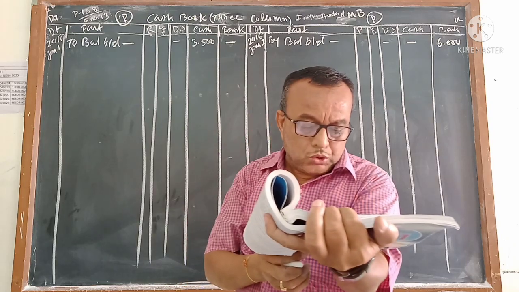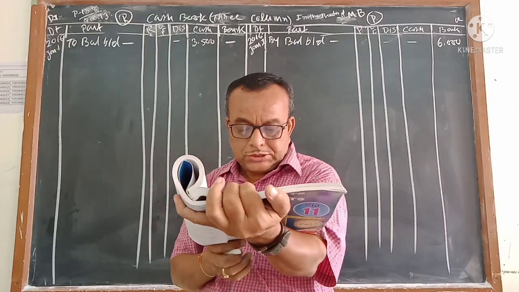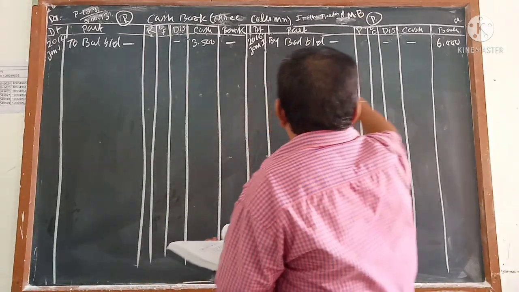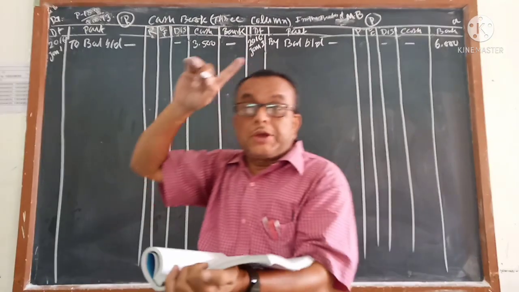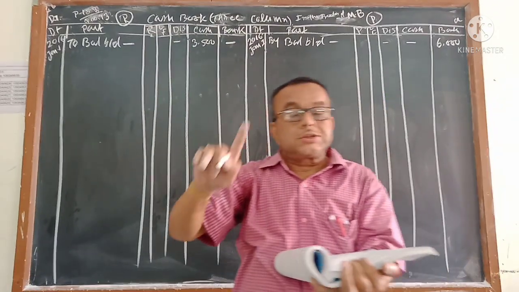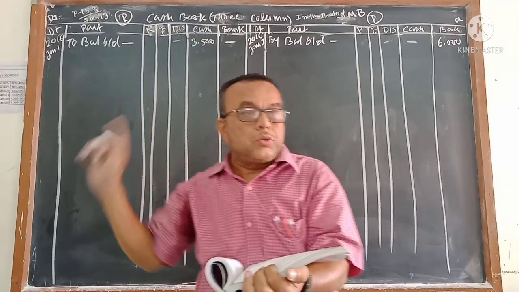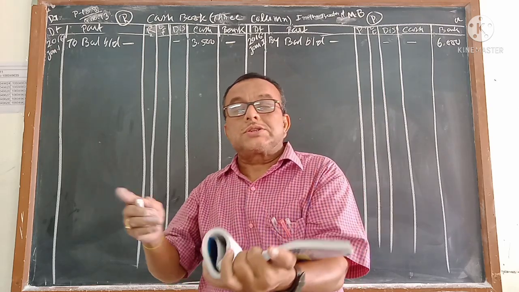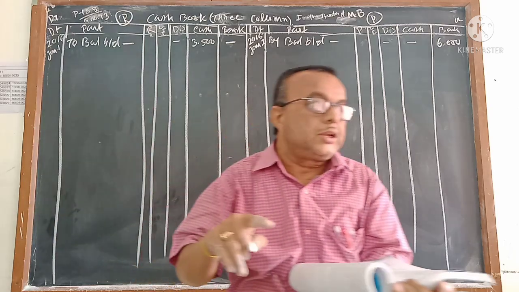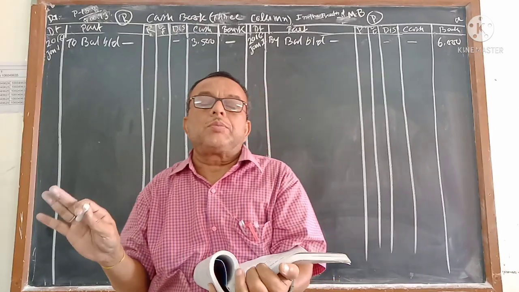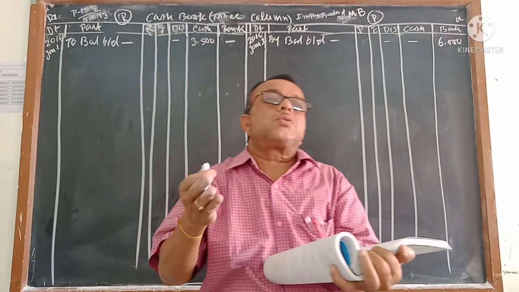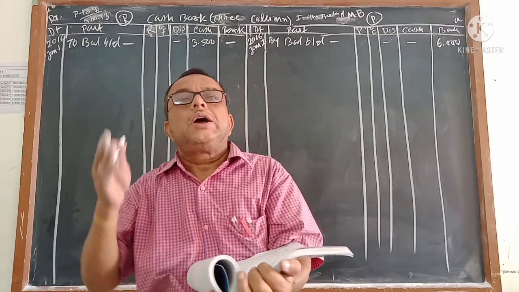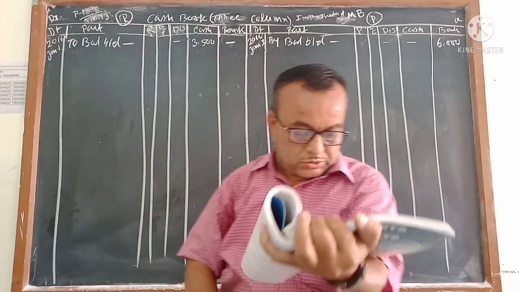Next, second: goods of rupees 2,000 sold to Parag in cash at 10% cash discount. This is the column for the cash discount. Trade discount will be calculated but not written. Cash discount will be calculated, deducted and written. Once again I am telling you, if both trade discount and cash discount are given, first you deduct the trade discount but you don't write the amount anywhere. Then on the amount after deducting the trade discount, you calculate the cash discount and deduct it, and the cash discount amount you write in this column.